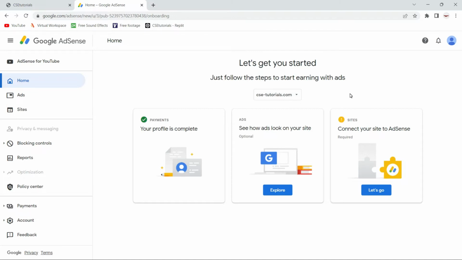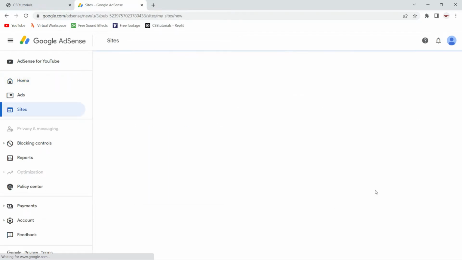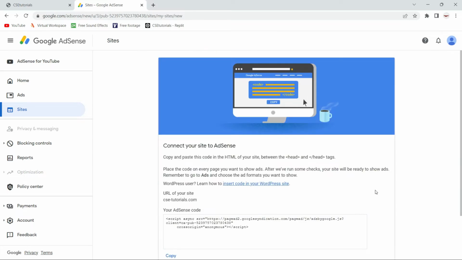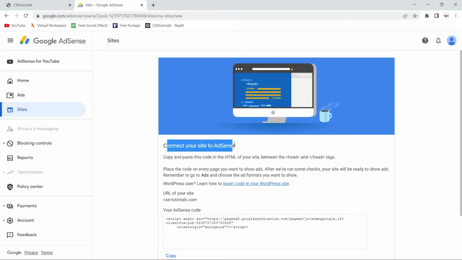If you have done this, now you can go to the third step, which is connect your site to Google AdSense. Just click on let's go. When you click on let's go, it will show you connect your site to Google AdSense.